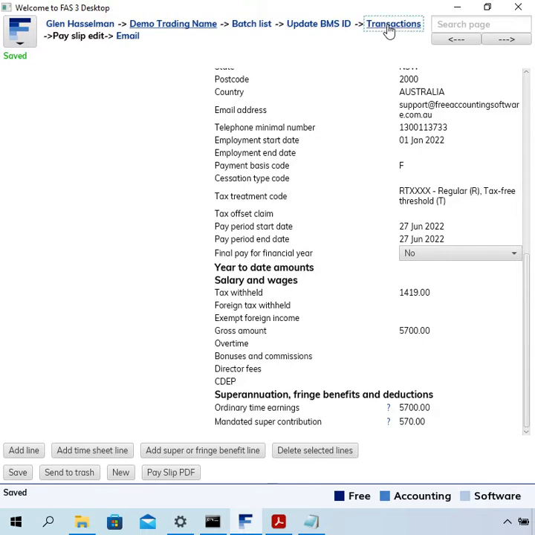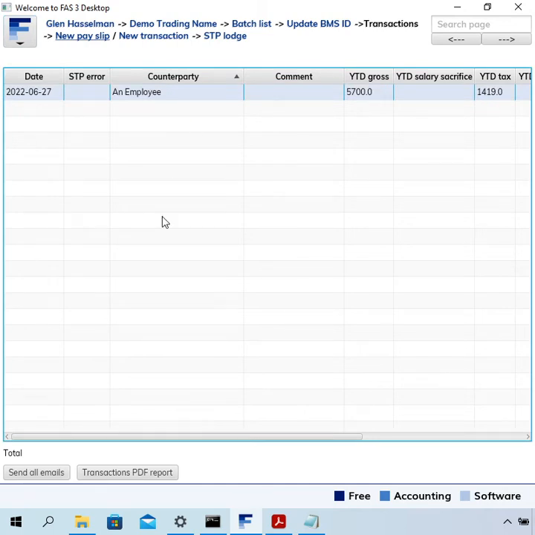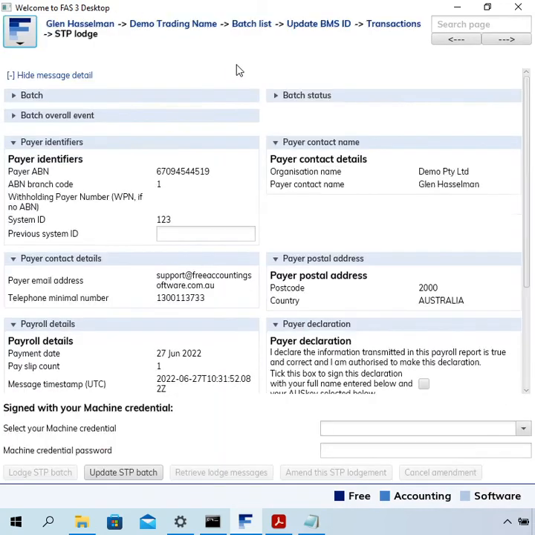We can go back to the transactions and see that that employee is listed there now. I've only got one employee set up in this business, but if you had more, you need to add every affected employee. Once you've done that, go to the STP lodge page,